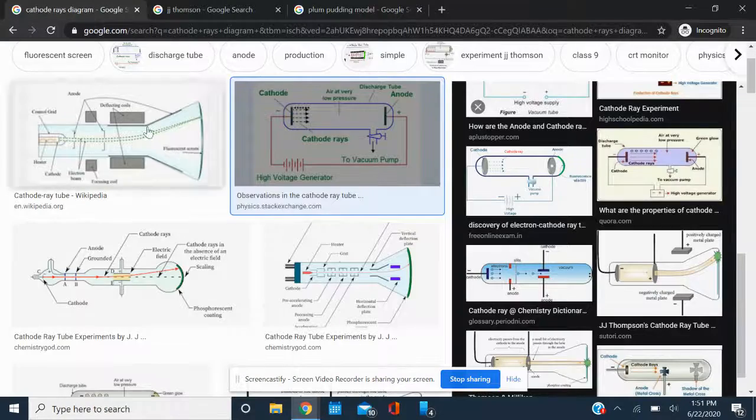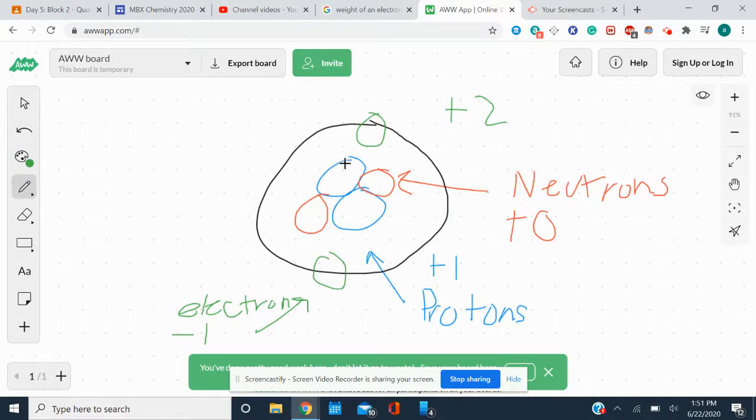So that's all for today. And remember, this is positively charged, this is neutral, and this is